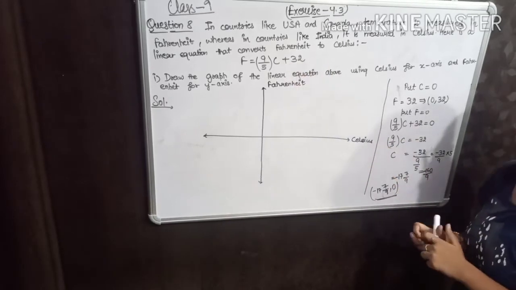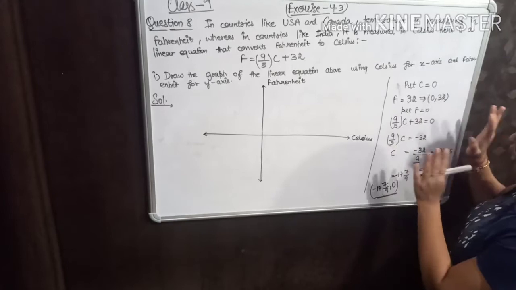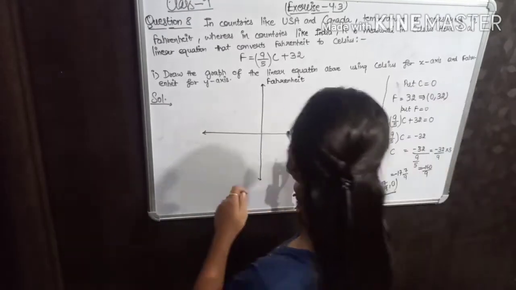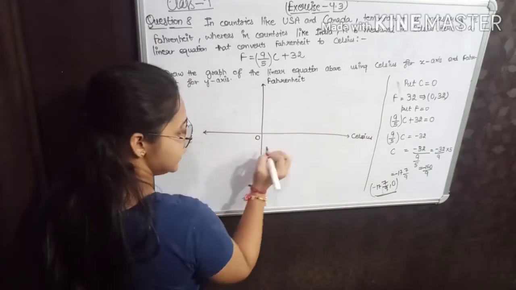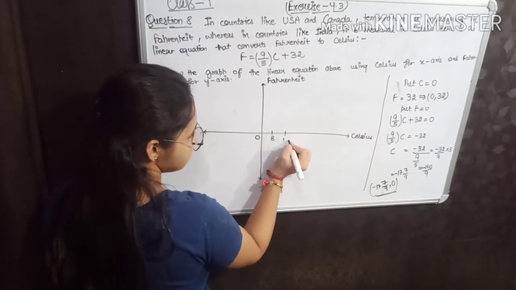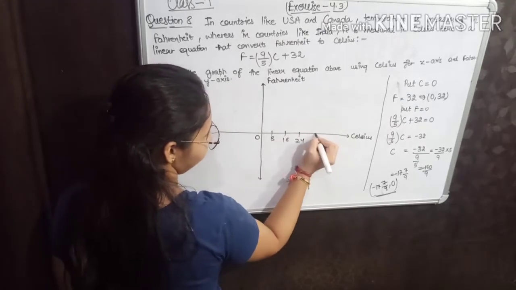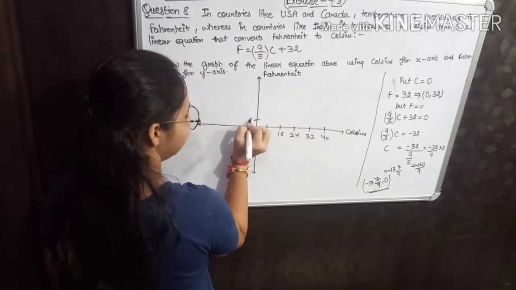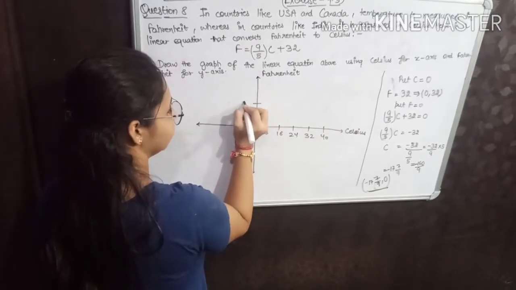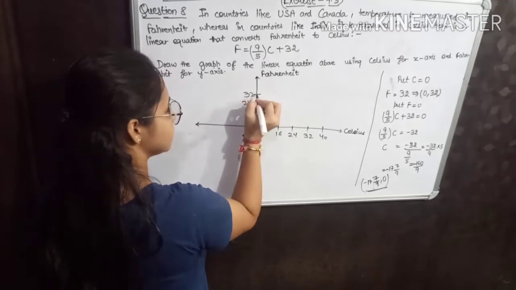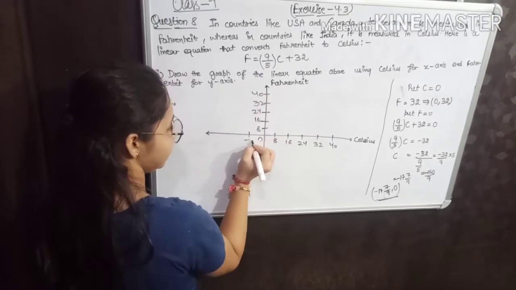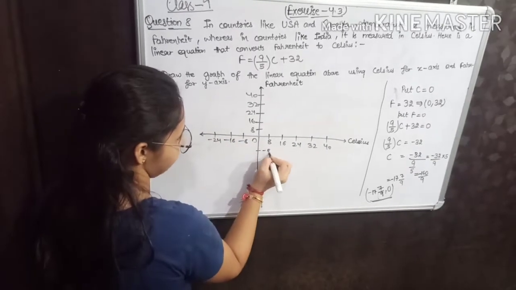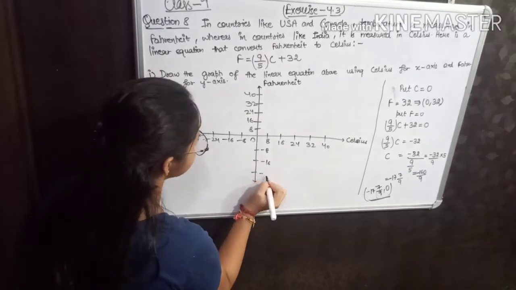Now, the next step is you have to draw these 2 points. So, what will you do? First is 0, 32. So, I am mentioning the scale here. First of all, write 0. Now, I am taking 8, 16, 24, 32 and 40. Here 8, 16. Same way minus 8, minus 16, minus 24, and same minus 8, minus 16 and minus 24.